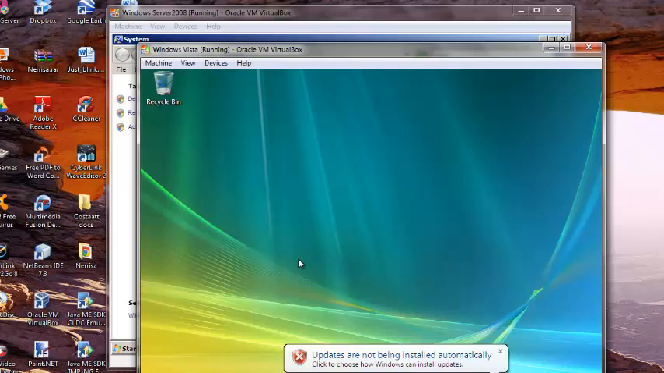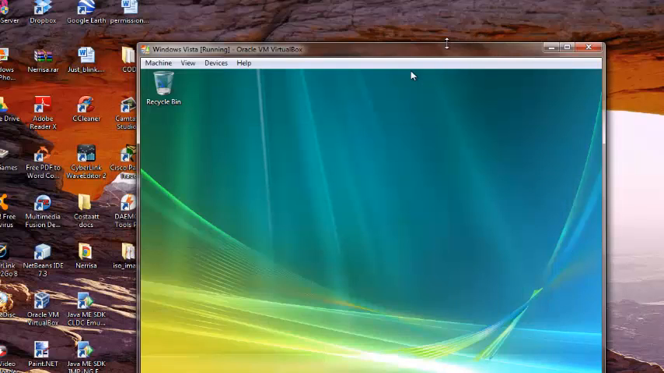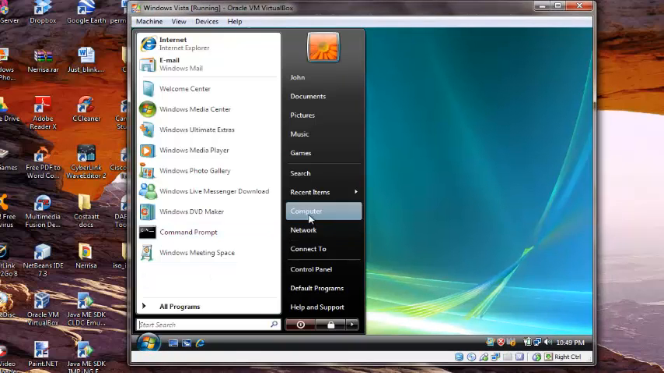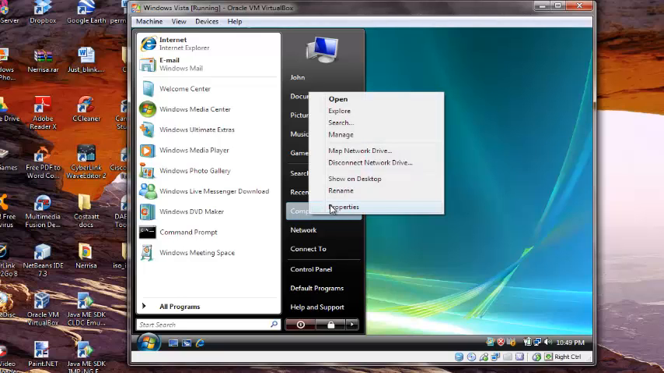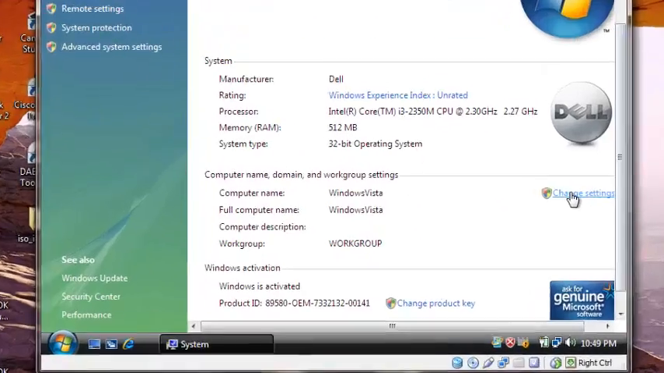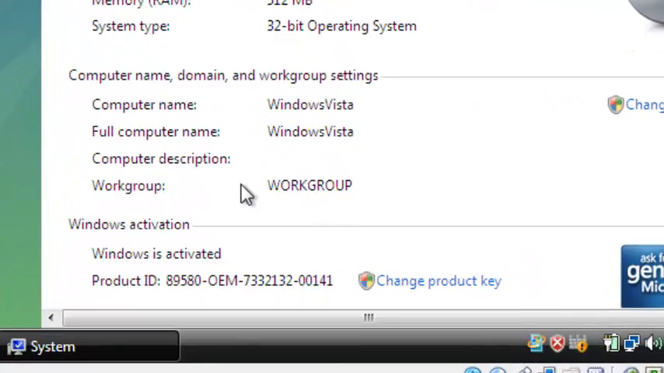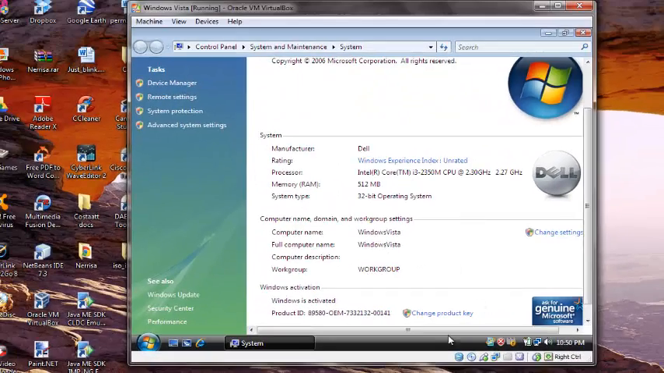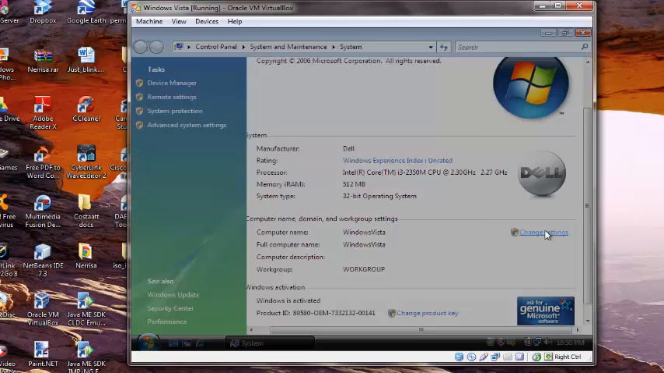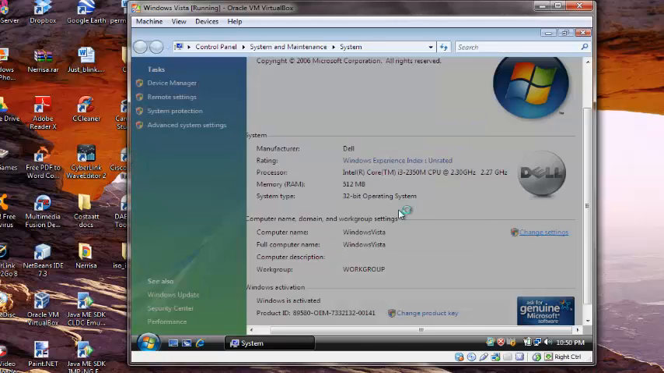So click on the Vista machine, and we go to the start menu, right click on computer, go to properties, and go to change settings. Now before we go to change settings, you can see this is still in a workgroup environment, so we're going to add this to the domain by going to change settings, continue,